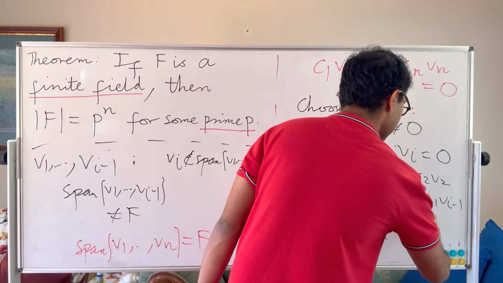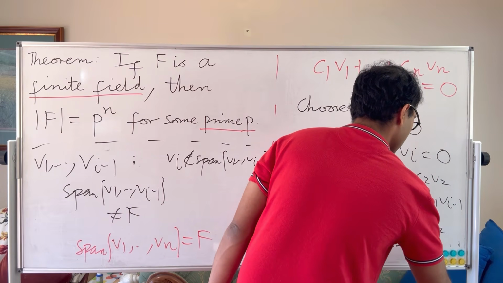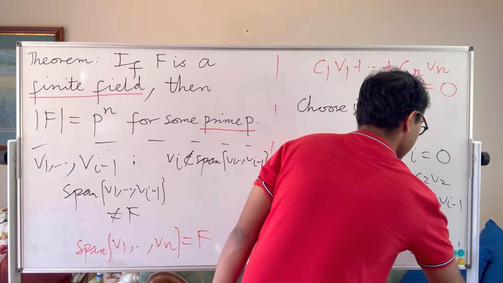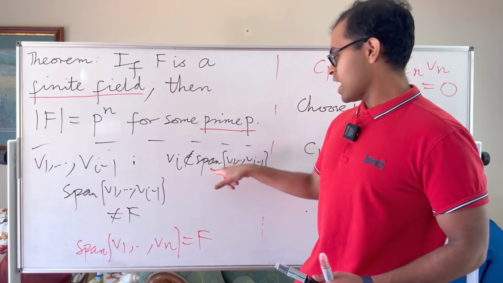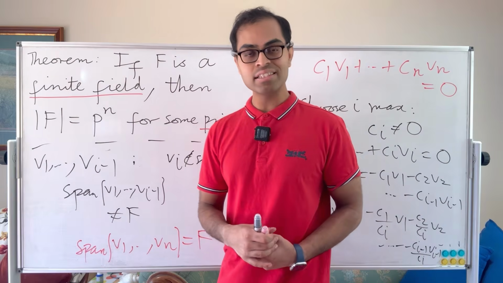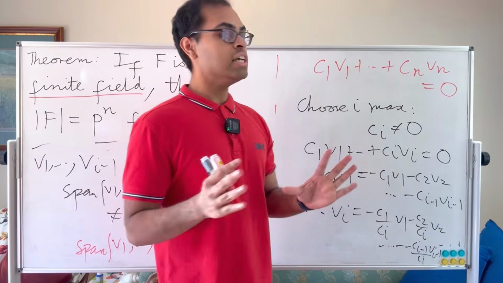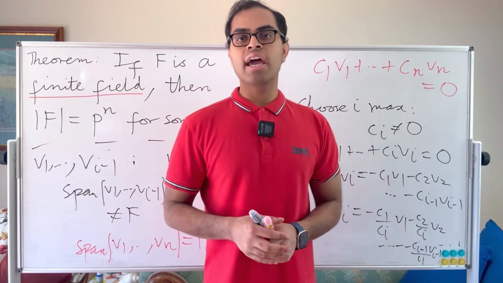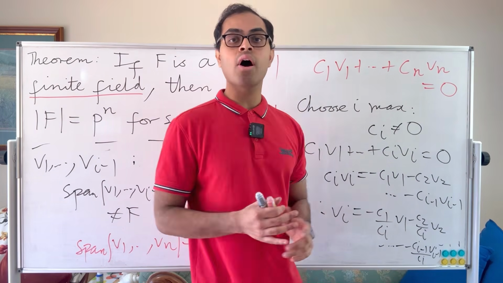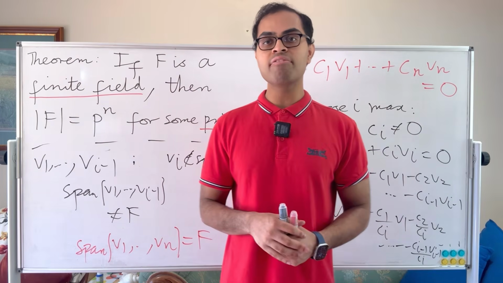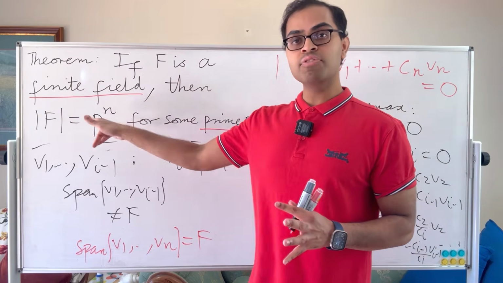Okay, we're using the field axioms. You divide by Ci and you get negative Ci minus 1 divided by Ci times Vi minus 1, using the field axioms, and that contradicts the choice that each Vi was chosen outside the span of its predecessors. So that shows that this is the basis. Every element of F is uniquely a combination of V1 through Vn. So therefore you can think of it as Fp to the n. You can think of the C1 up to Cn as coordinates, and there's going to be p to the n elements in F. Hope you love that explanation,